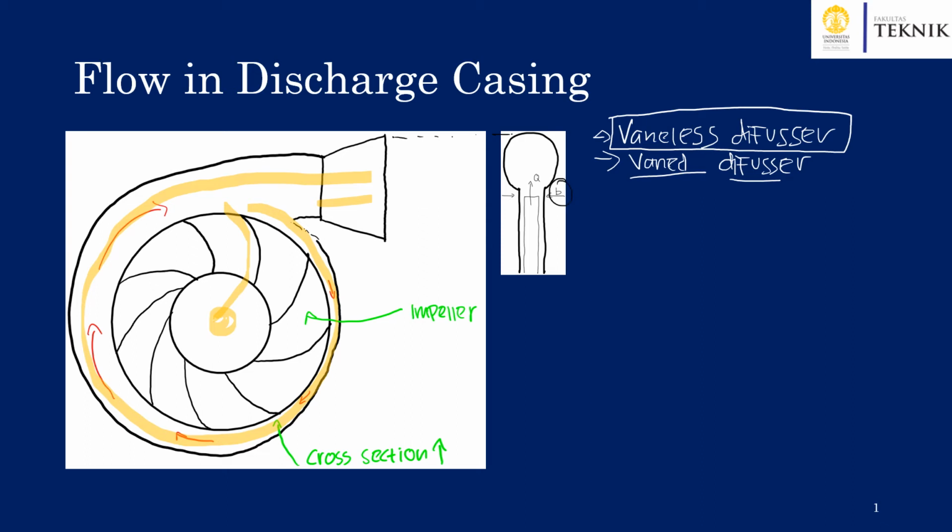We can write down the equation for the mass flow rate for the veinless diffuser, that is equal to density, area, and the radial velocity, or we can write it down as 2π multiplied with the radius of the impeller, multiplied with b, or the width of the impeller, and with CR,